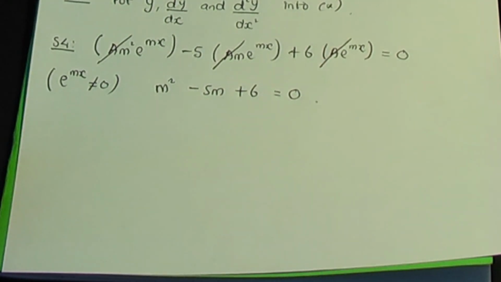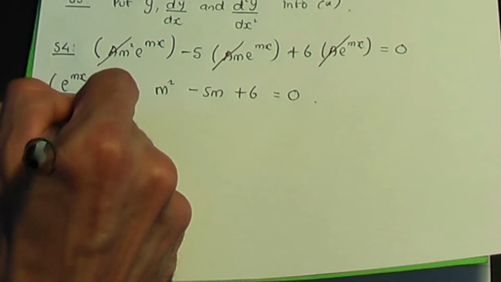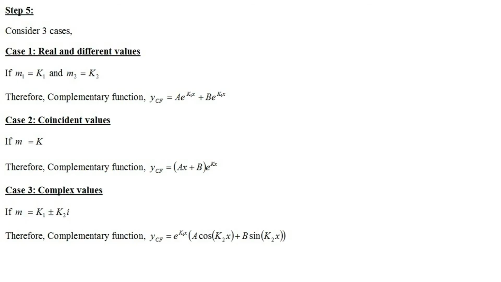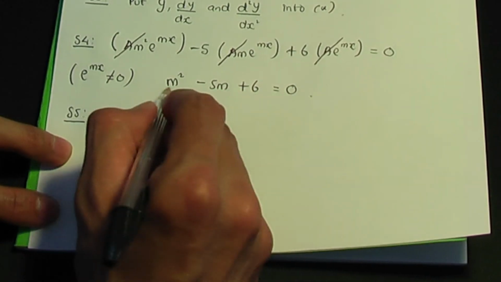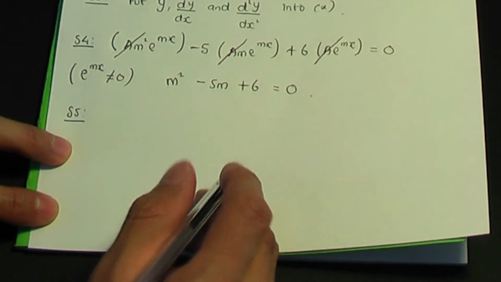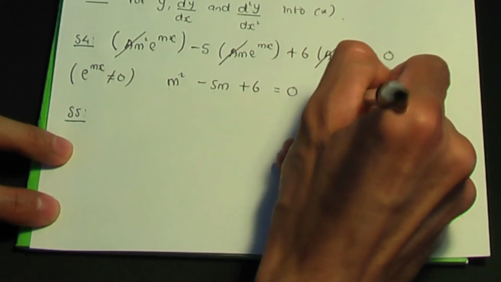Step number 4 is complete. So let's go to the next step, step number 5. So let's go back to the screenshot. And remember, depending on our solutions for our auxiliary equation, we need to select the case for YCF. Okay? So if we go back to the paper and pen, now here is our auxiliary equation, m squared minus 5m plus 6 is equal to 0. So this is our auxiliary